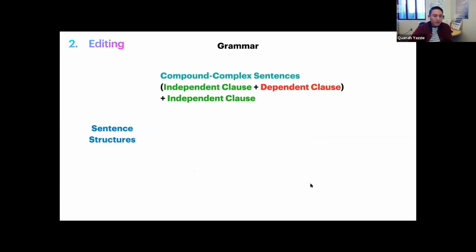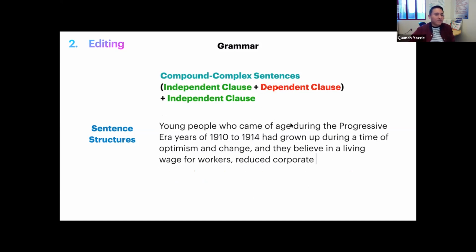And then the last one we're going to go into is compound-complex sentences. So mixing and matching everything. We have an independent clause plus a dependent clause plus another independent clause, a whole sentence. I'm just going to give you one example with this one so I can elaborate more. If we were to read this paragraph: young people who came of age during the progressive era years of 1910 to 1914 had grown up during a time of optimism and change, and they believed in a living wage for workers, reduced corporate power, and equitably